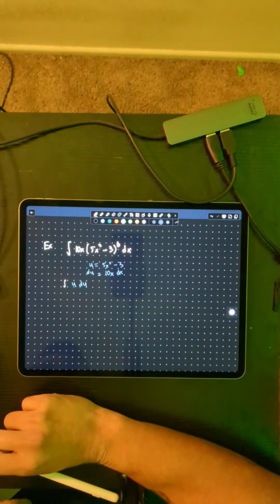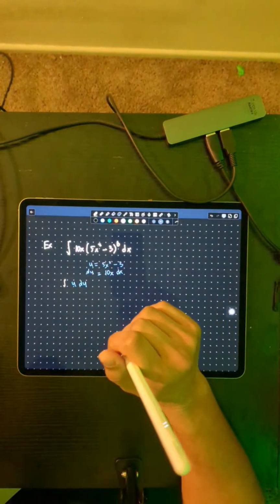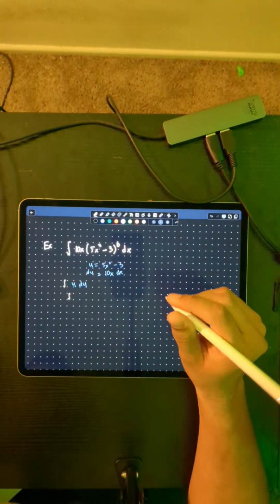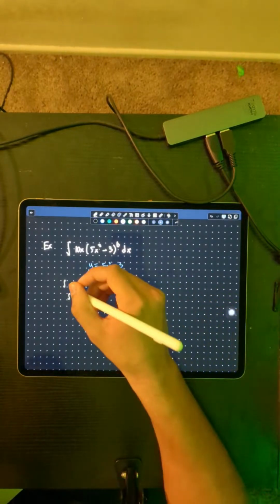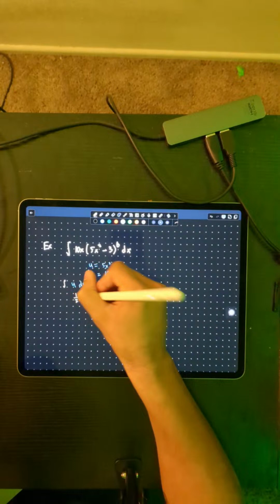All right, integral u du, and pretty much we're good here. So how do we integrate u, chat? The integral of u du is just going to be 1/2 u